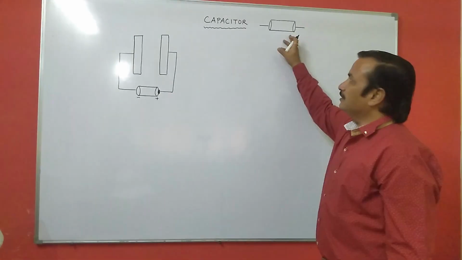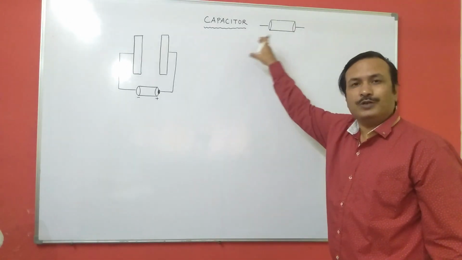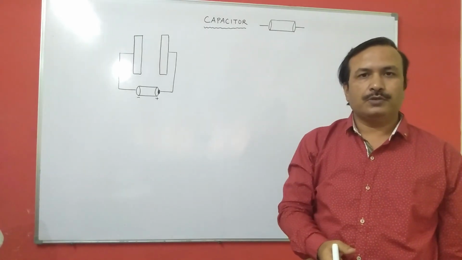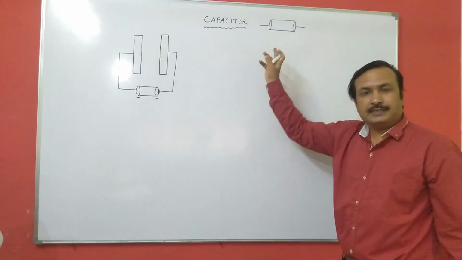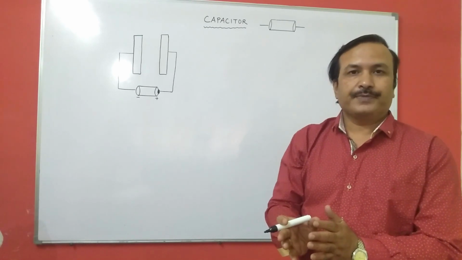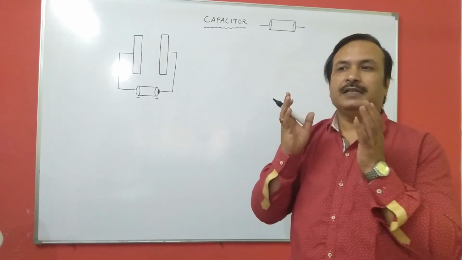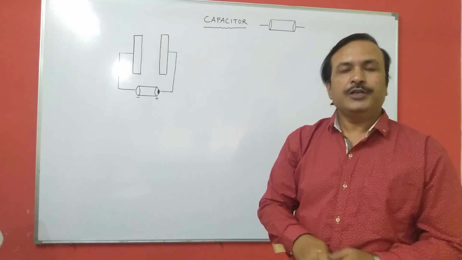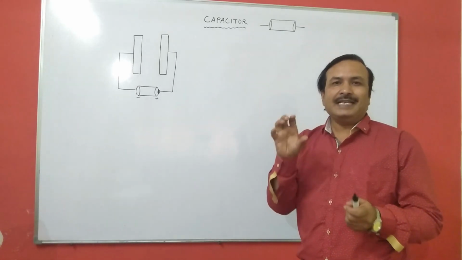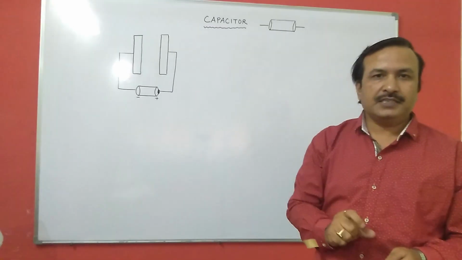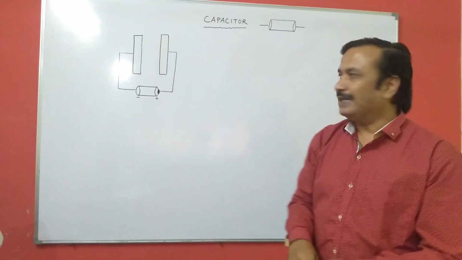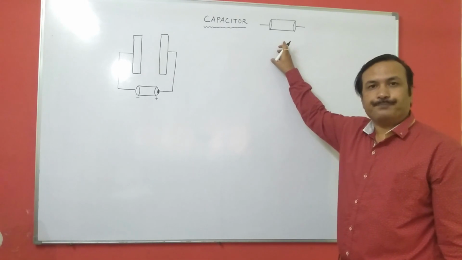But why do you need a capacitor? Why is energy to be stored in a capacitor? We can use energy from batteries and other sources also. But you will find these capacitors will give a lot of energy at an instant, an immediate outflow. How? You must have seen in DSLR cameras, as soon as you click the photo and if your flash is on, you will find light is blown out immediately. That is given by the capacitor.